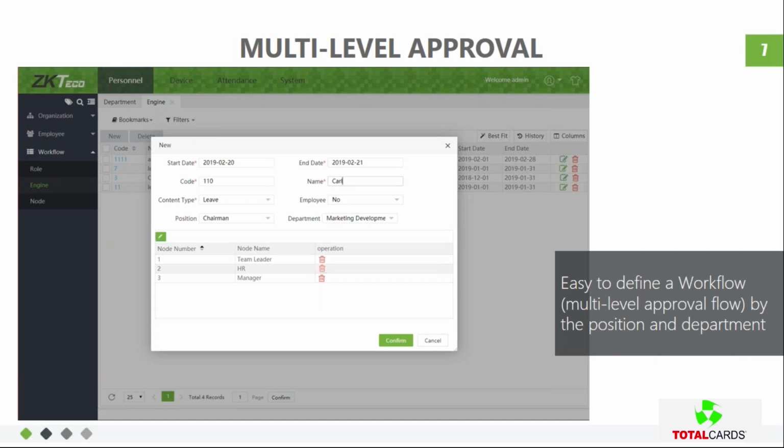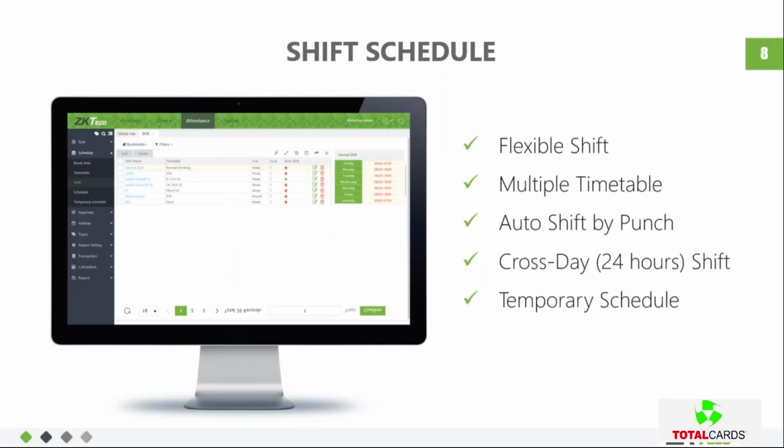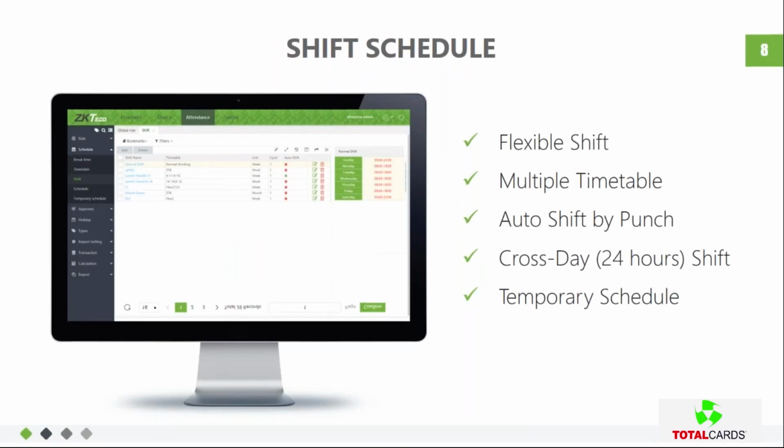And it is linked between position and department, the approval hierarchy. And the shifting part. Actually, the system supports complex shifting. You can see the flexible shift. Flexible means there is no restriction on in and out timing. Any employee can come anytime, but we will provide them the total time needed to be worked. So if this much time is assigned, he should finish this much time,